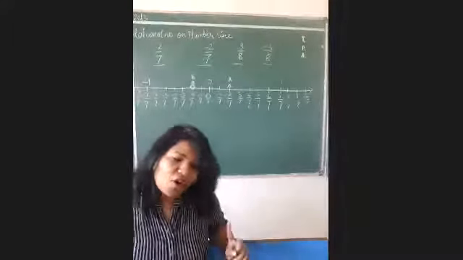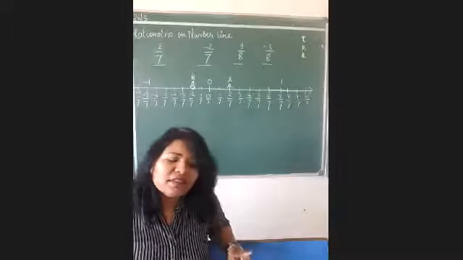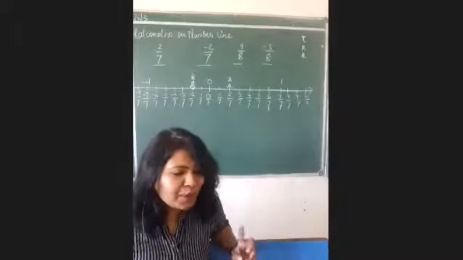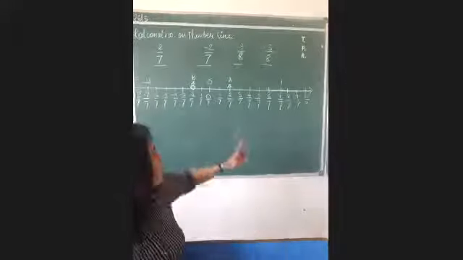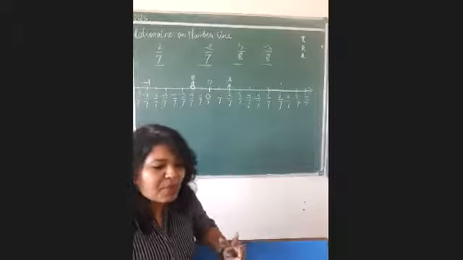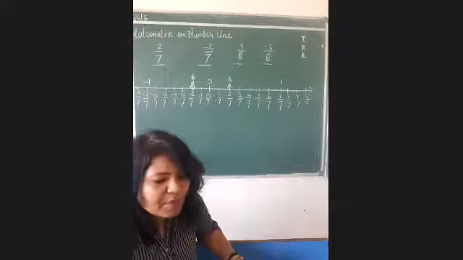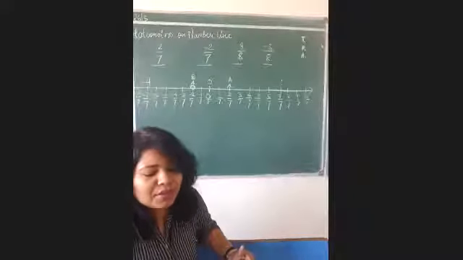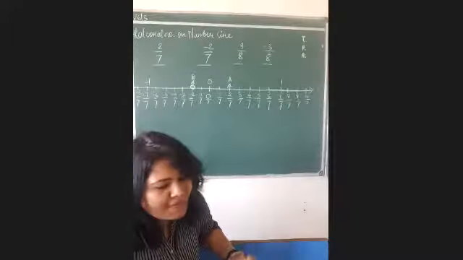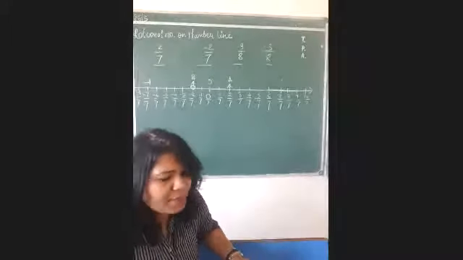One thing, always make a straight number line, use only pencil for it. Third thing, the gap between two consecutive numbers. Now look at your 0/7 and 1/7. Whatever gap you take between them, the same gap you have to take between each and every number. For example, between 2/7 and 3/7 also the same, between 4/7 and 5/7 also the same.